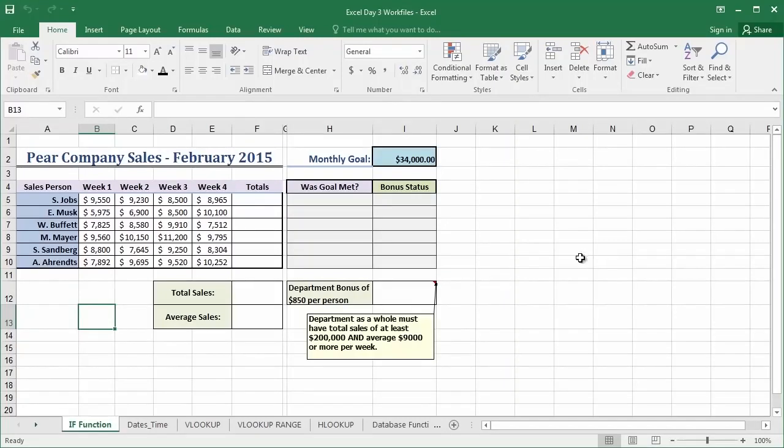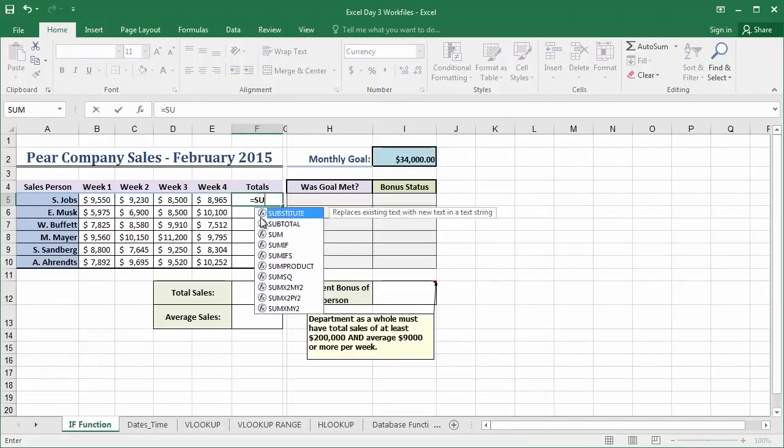Now, as we're looking at this data set here, it's interesting to see how this has already been set up. There's a couple of things that we need to take care of before we go any further. We're looking at a couple of sales figures here from February of 2015, and we need to calculate the totals for each individual salesperson. Now, I know full well that we're all capable at this stage of typing in an equal sign, summing up,